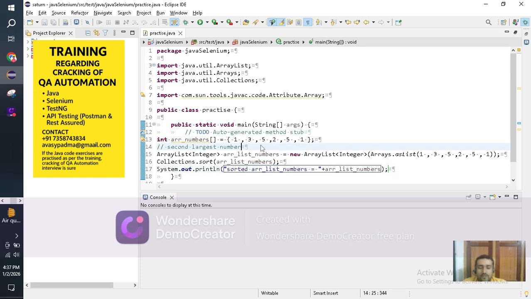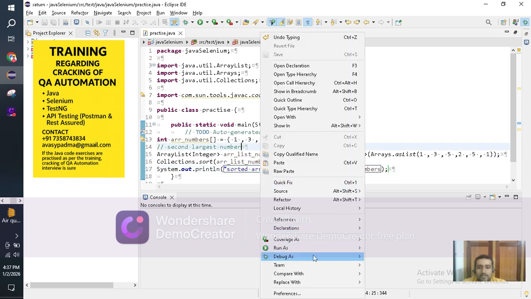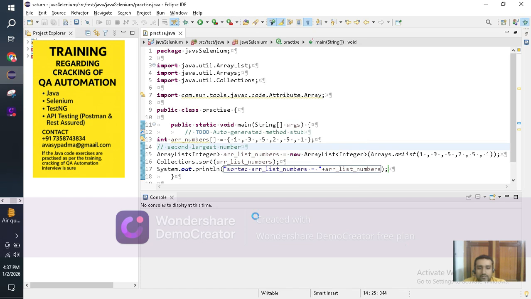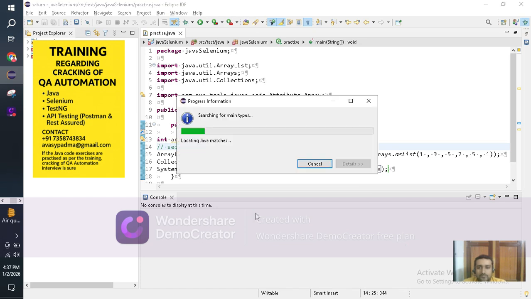So we have just taken all the numbers inside the array list and are trying to sort. Okay, it is taking some time. Okay, let it take. Meanwhile, for a QA automation engineer, mainly for Java Selenium, if their experience is between